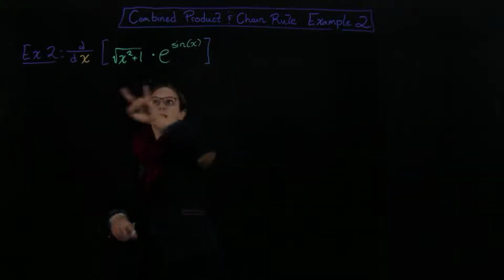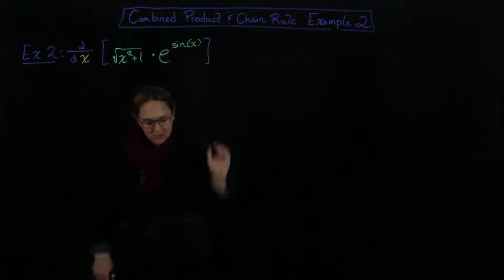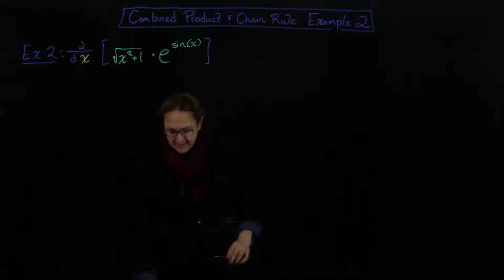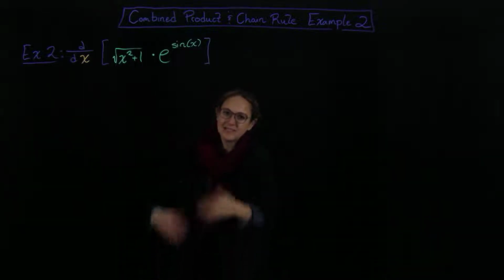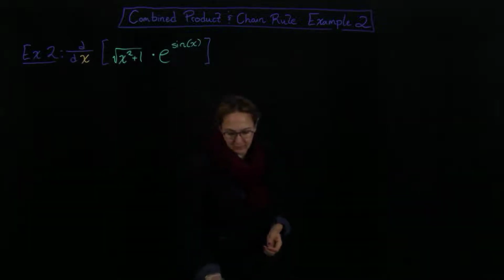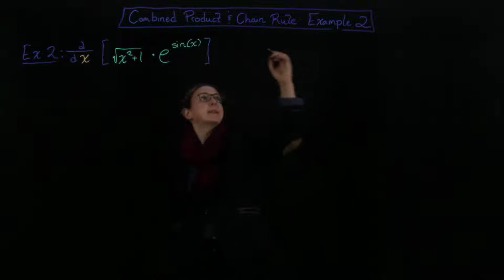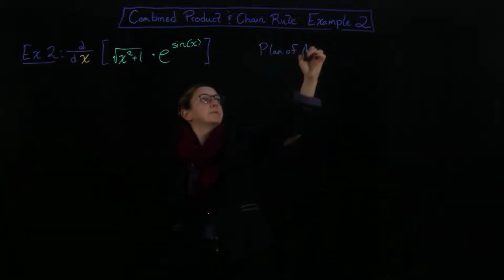There's a product, we're multiplying this times this, but for each of these parts we have to use the chain rule. So the first thing we'll do is apply the product rule, and then we'll see all the places we're going to need to use the chain rule. Okay, plan of attack, maybe I'll actually write that. Our plan of attack will be,